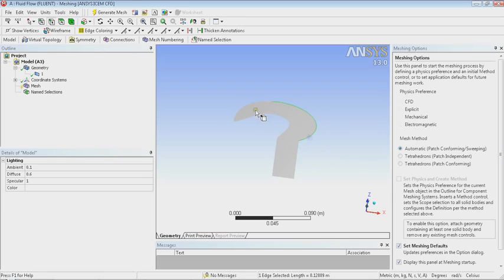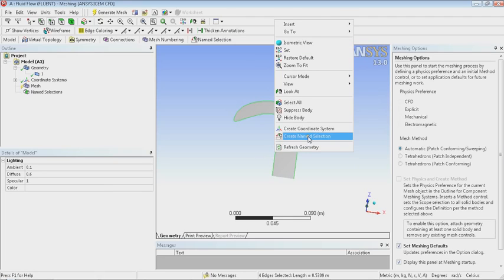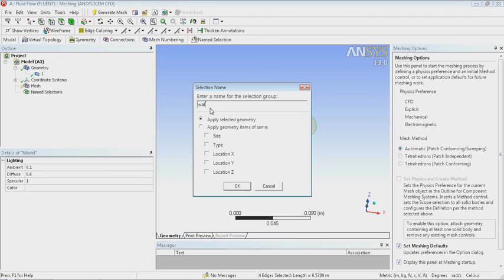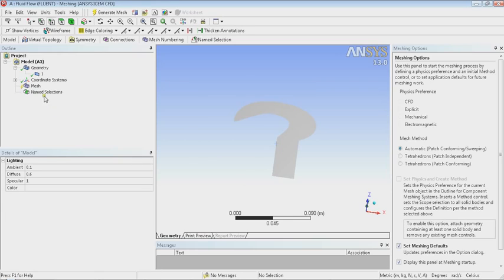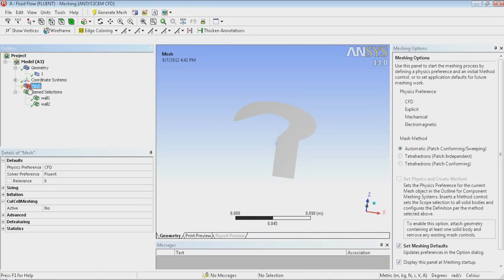This part as wall 2. So we have two parts, wall 1 and wall 2. And now we go to meshing,